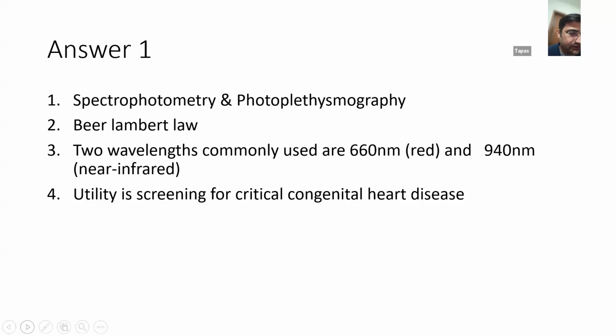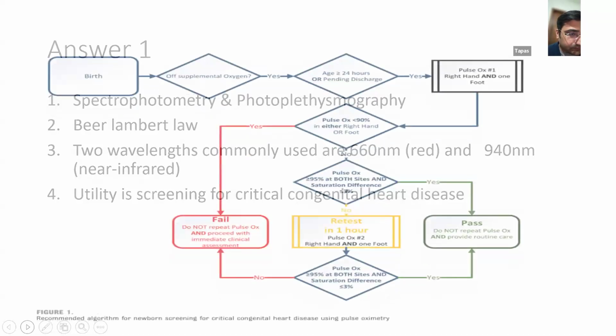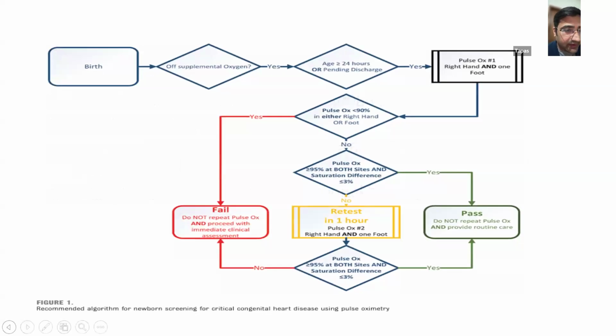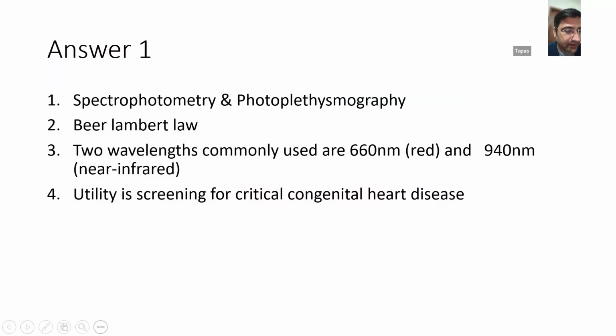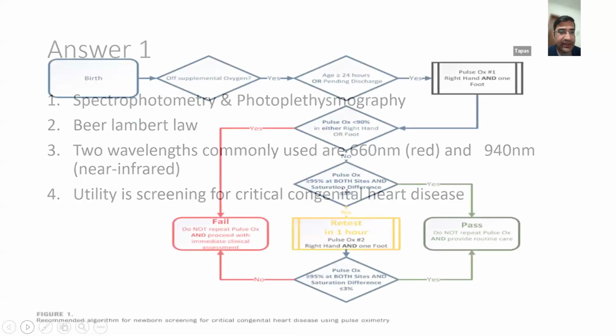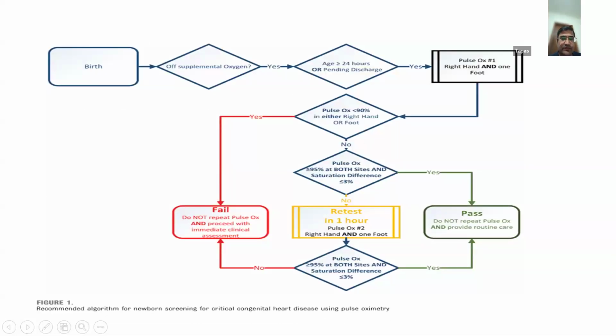So this is about the first two questions. The wavelength is already discussed: red is 600 to 750 nanometer, and infrared is 700 to 1300 nanometer. So what about neonatal screening? I hope many of you are doing neonatal screening at your center. How do you do the neonatal screening? This is a very important test to perform,